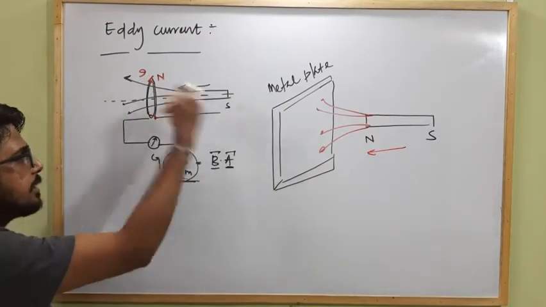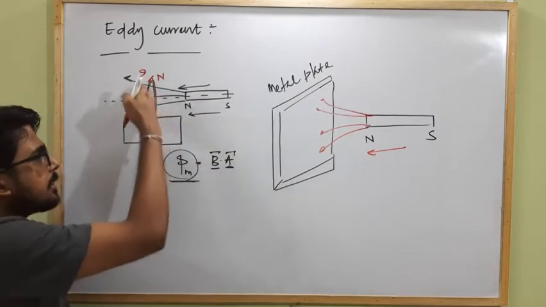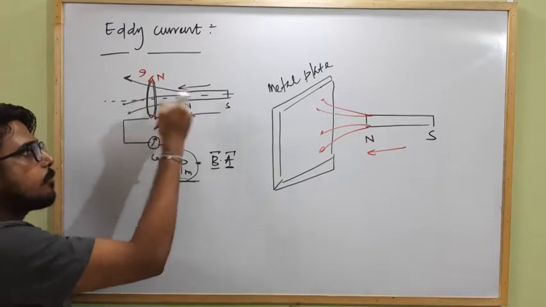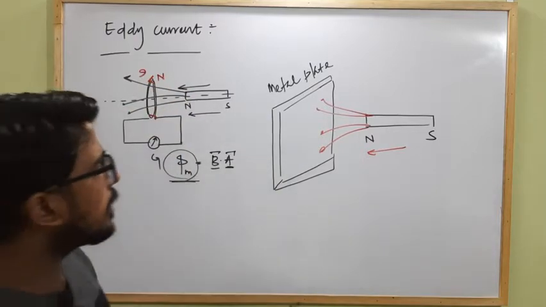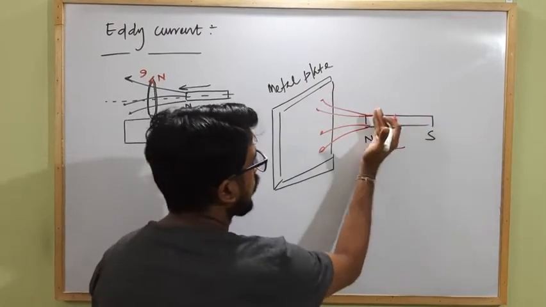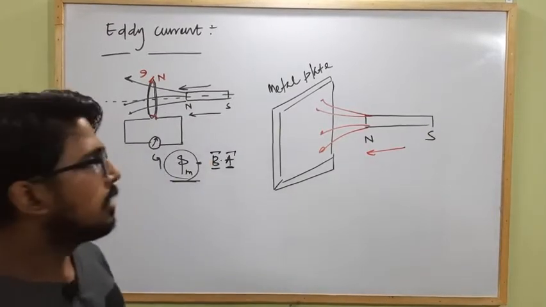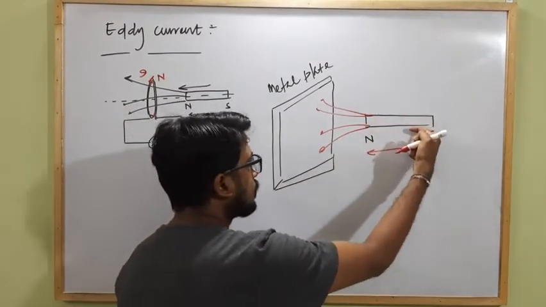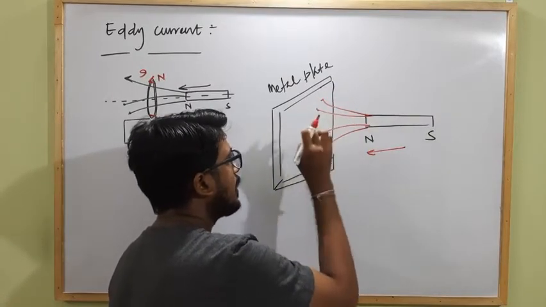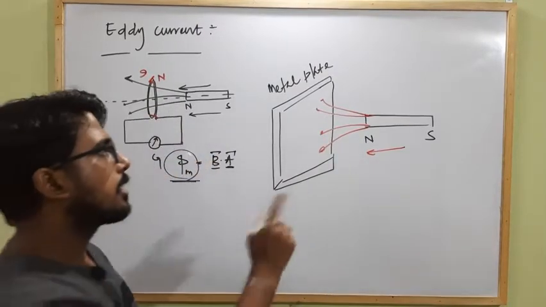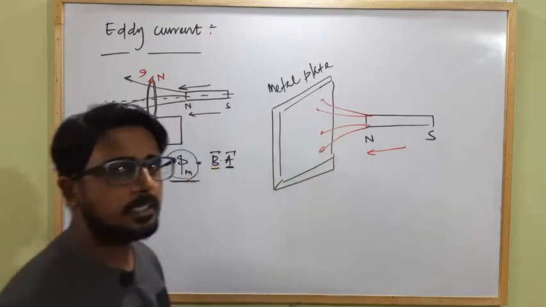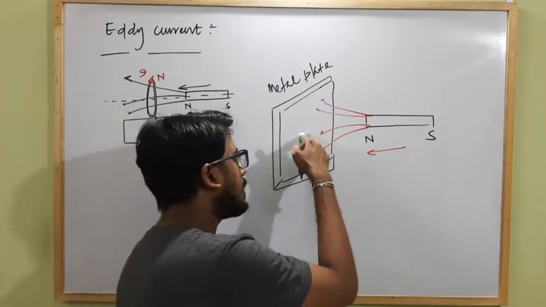When there is a ring, due to the motion of the bar magnet, it starts inducing current in such a way that, according to Lenz's law, it opposes the change in flux. But what will happen if there is a solid metal plate in front of a moving bar magnet whose north pole is moving towards the plate? Here, as the north pole of the bar magnet moves towards the metallic plate, the magnetic field lines linked with this metal surface change with respect to time, so the magnetic flux linked with it changes with time.